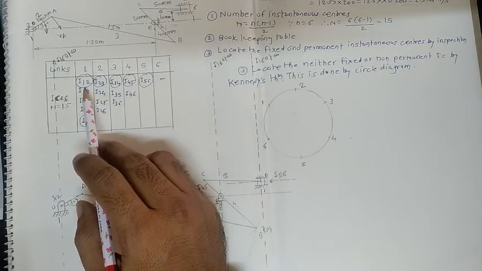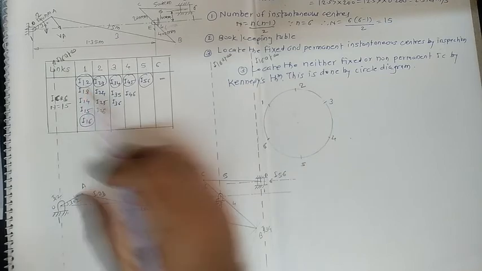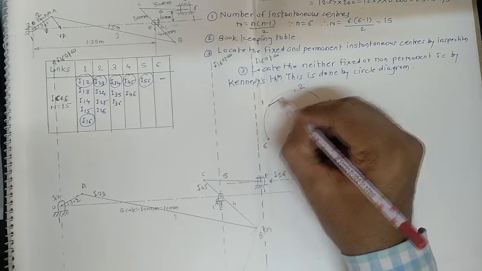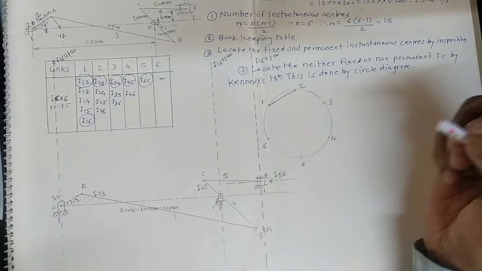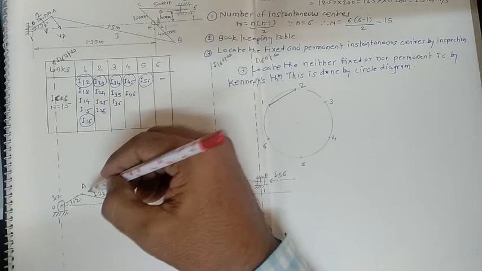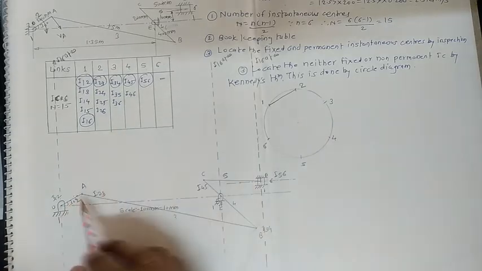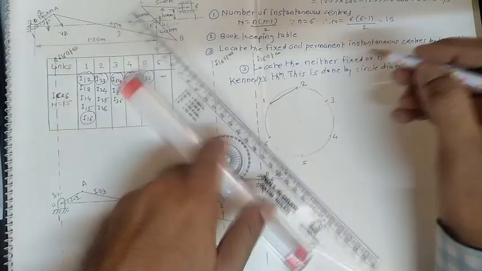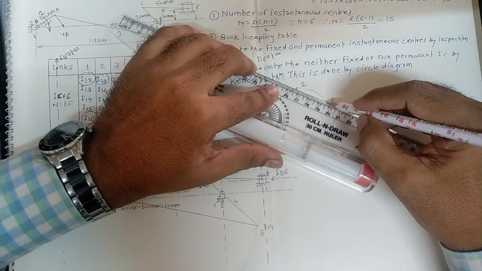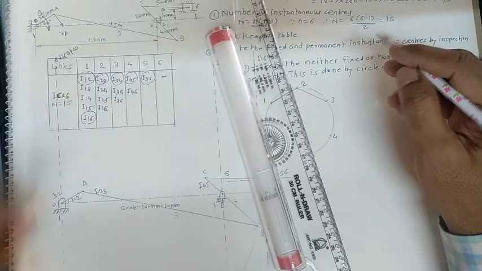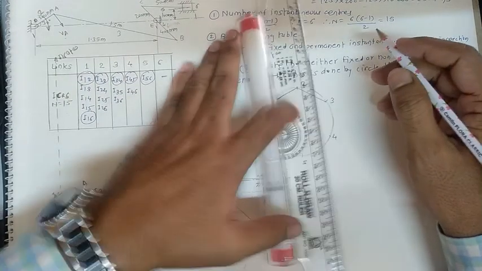So here, just focus on this table. Already the 1 2 point we have located. Okay, so join this 1 2 point by this line in this way. Now next one, 2 3. That point directly lies on the intersection of both the lines. So join this 2 3 by a dark line. Similarly the next point with us, 3 4, join that 3 4 point also with a dark line.